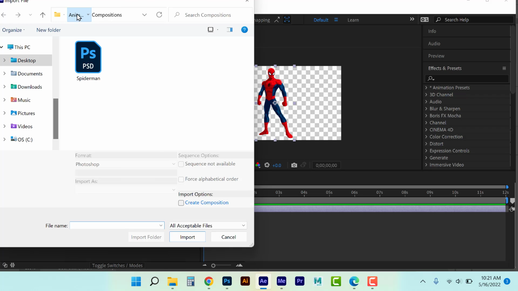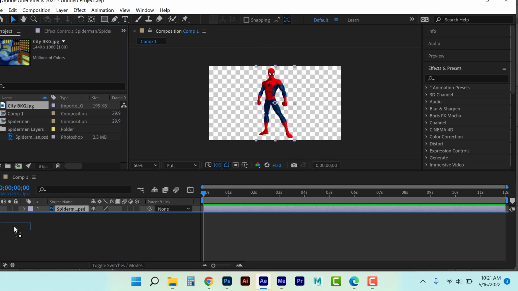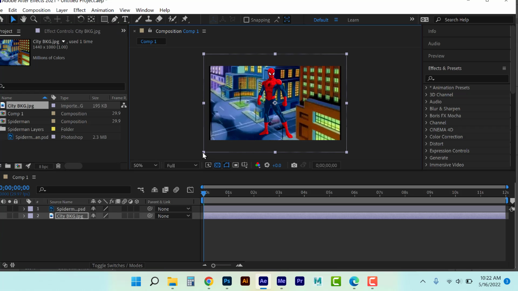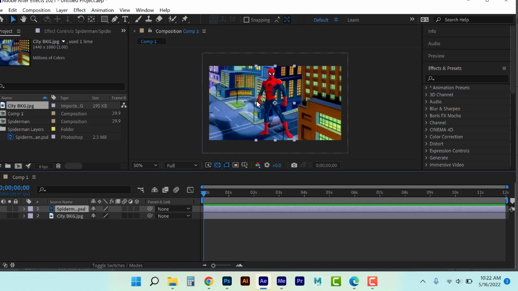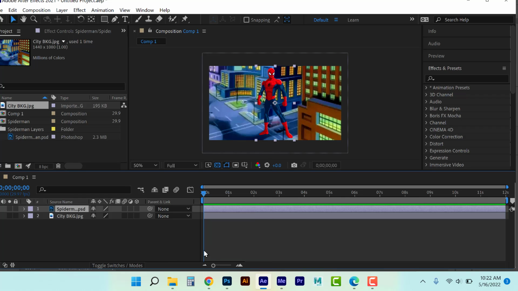Go ahead and minimize our effects. Go back to our project here. All right. Now, let me go ahead here and just increase this. Now, to animate him, okay, there's a few little steps. The first thing I'm going to do, of course, is figure out how he's going to swing into the frame. All right. And to do that, I don't currently have the web, of course, but what I'm going to do is animate a little bit of a stroke of the pen